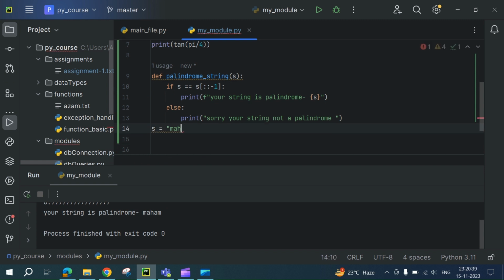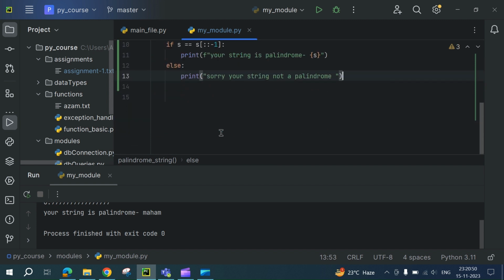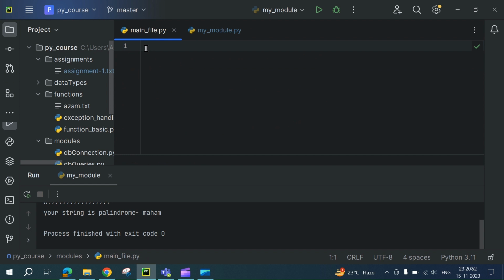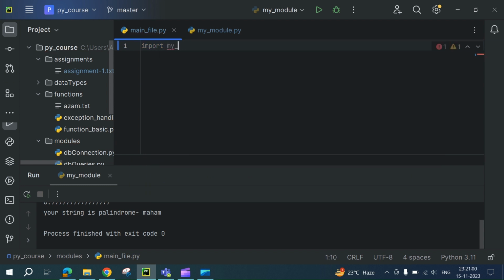Let's think I'm not writing anything here, and now I want to use this function in a different Python file. So this is my module. I hope it's clear till now. In my Python file, I want to use the same method. So how to import it? It's pretty simple. You can use import my module,